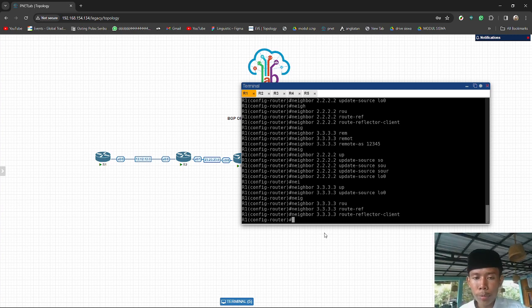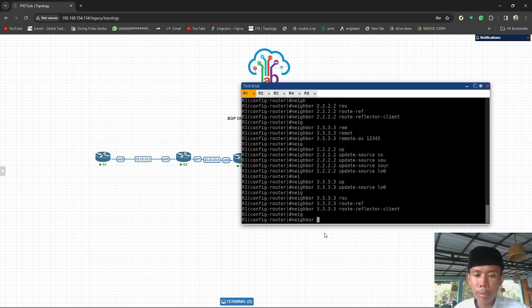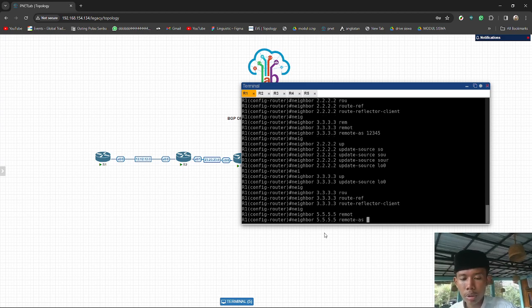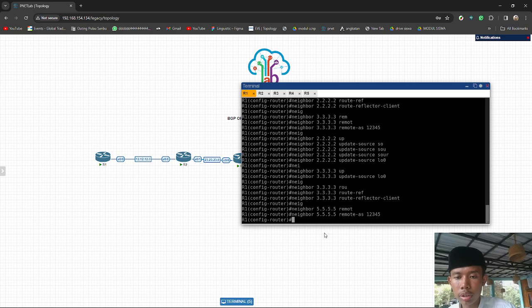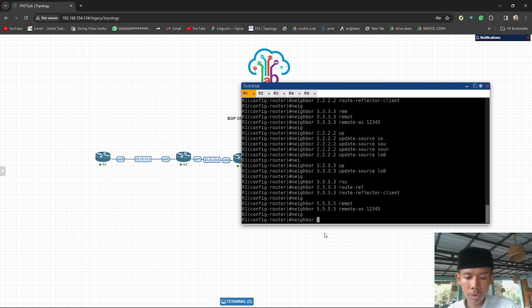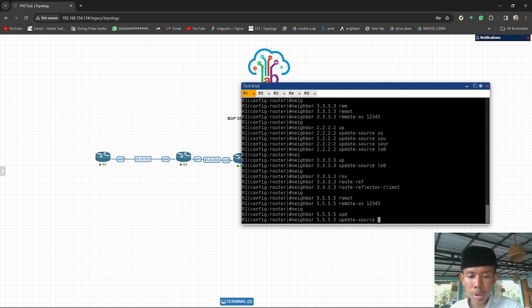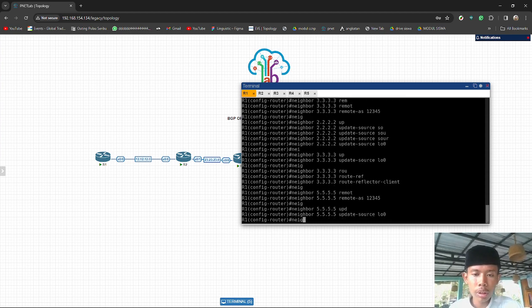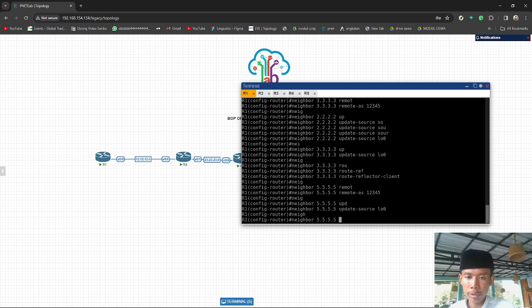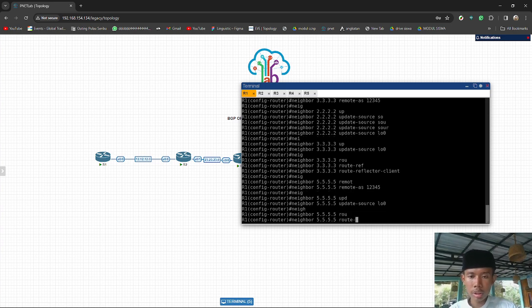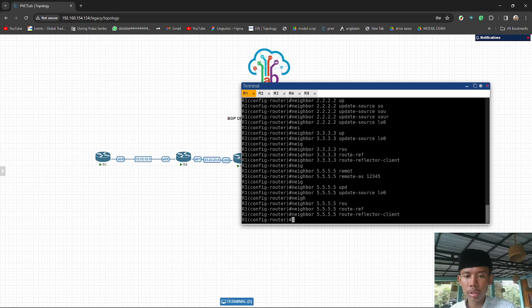And do the same thing with neighbor 5.5.5.5: neighbor 5.5.5.5 remote AS 12345, neighbor 5.5.5.5 update source loopback 0, neighbor 5.5.5.5 route reflector client.